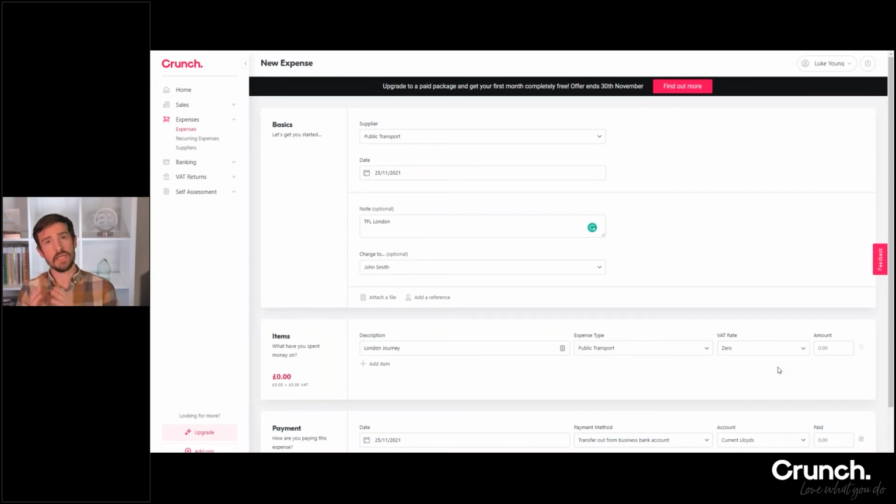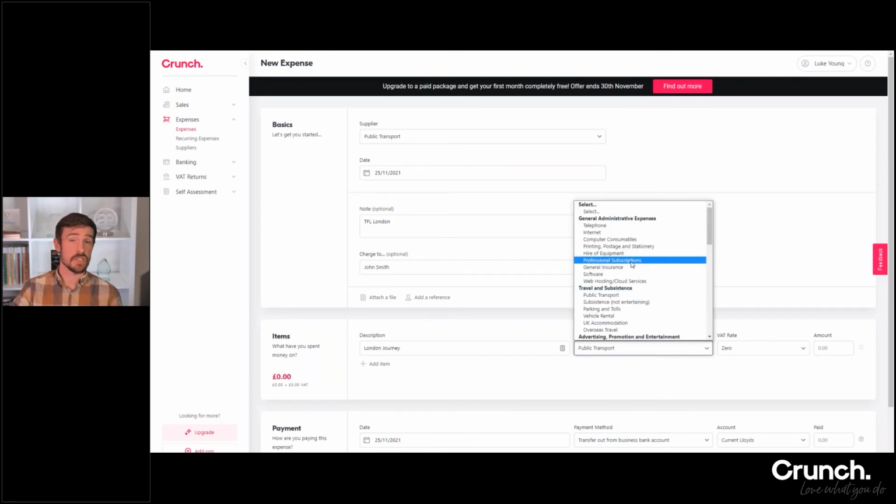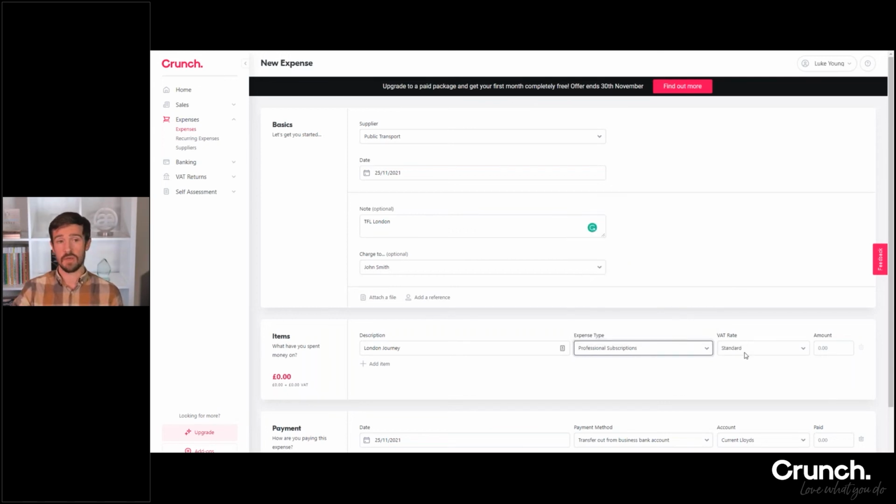Now, depending on the expense type that you've selected, the VAT rate will change to exactly what it should be. So we'll see here public transport is set to 0, and that's correct. There is no VAT on public transport. However, if I changed this expense type to something that does have VAT applied to it, let's say professional subscriptions,